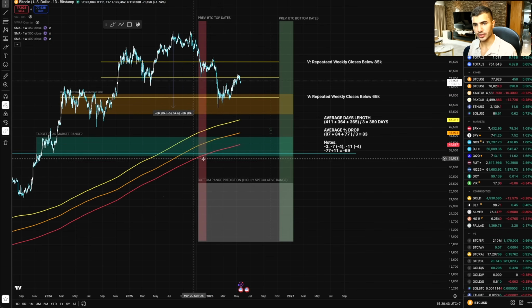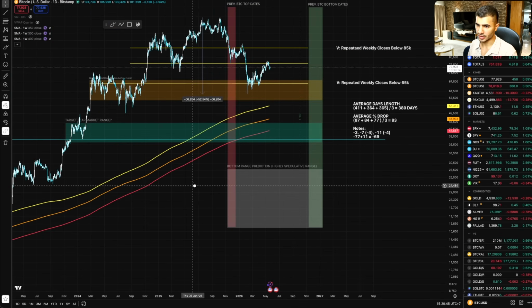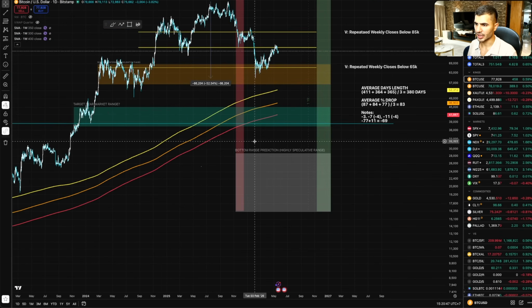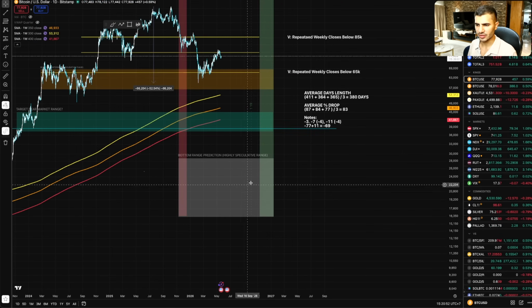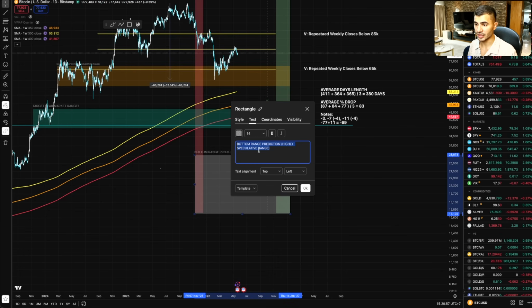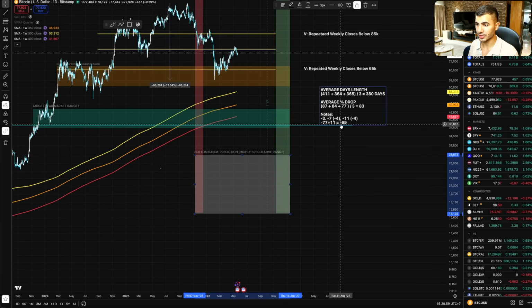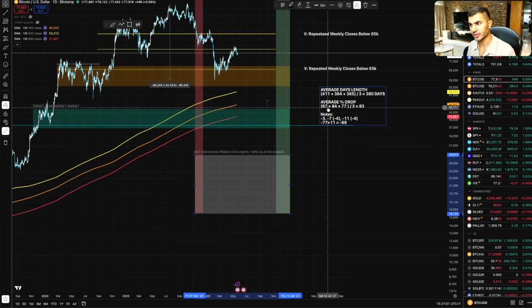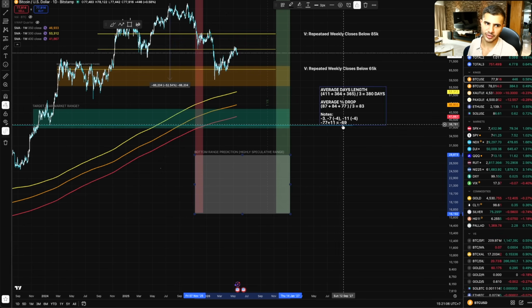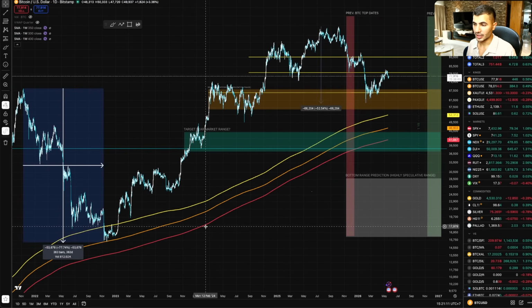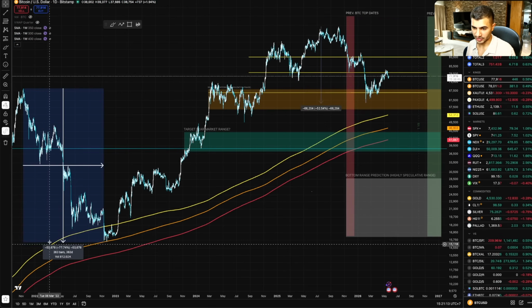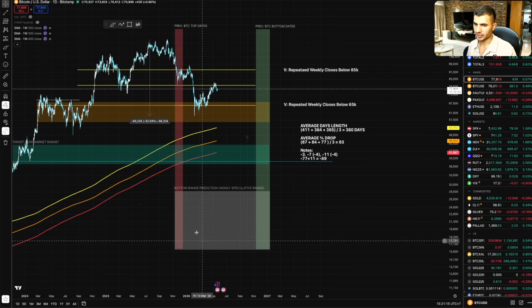And I'll say why these moving averages are relevant in terms of market cycles, and how we actually descend one by one soon. But first, I want to explain this bottom range prediction, which I indicate as a highly speculative range, because I don't believe we're going to go to that. There's just a pattern that is playing out. We're getting diminishing drawdowns, similar to how we're getting diminishing returns, and there's a pattern that is being played out, right?